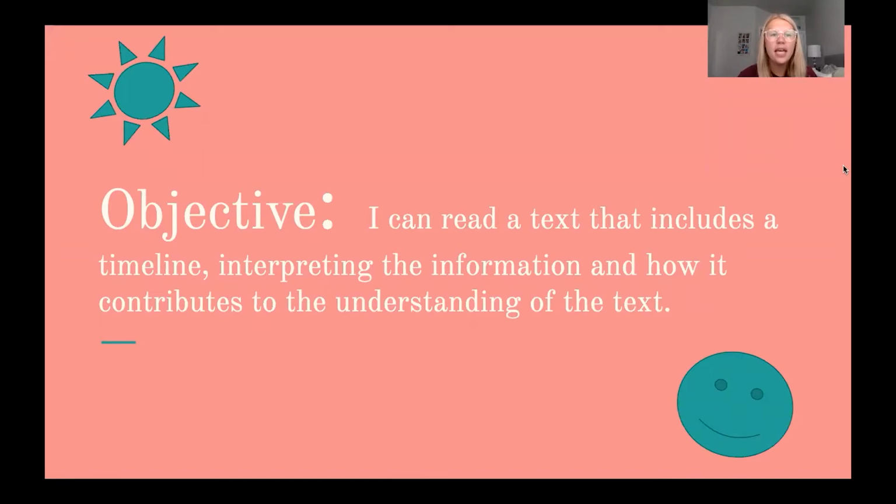Okay, so to begin, we are going to cover our objective. Our objective today is I can read a text that includes a timeline, interpreting the information and how it contributes to the understanding of a text. So today we are going to be reading a text, an article, which includes a timeline, and we are going to take that information from the timeline and figure out exactly how it contributes to the understanding of the text